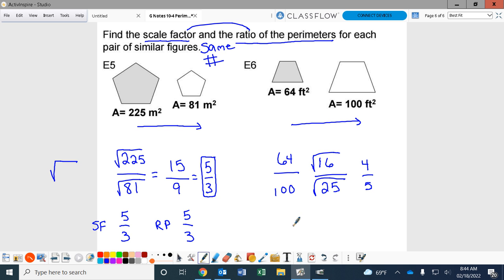Guys, you can reduce first, then take the square roots, or take the square roots, then reduce. I'll tell you that sometimes they have little weird things in them, like if they both have a pi or something in them, you want to cancel that out, so reducing first would be better. Now that means your scale factor is going to be what? 4 over 5. But so is your ratio of your perimeters. Both of them would be 4 over 5. Okay guys, so today we have that